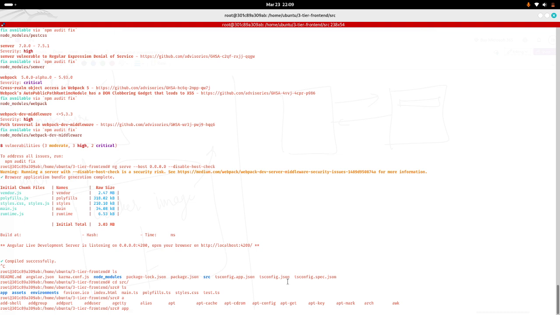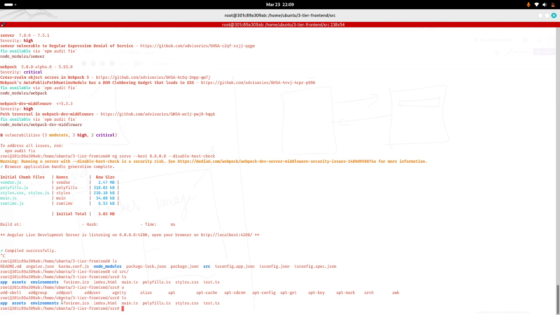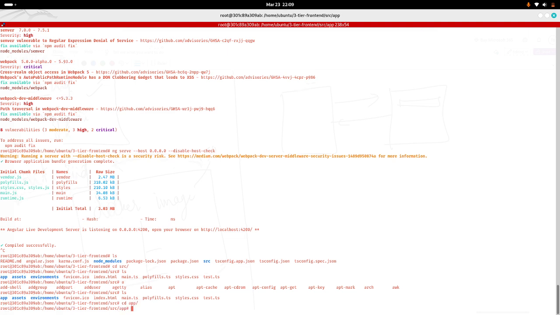Okay, now the thing is that we need to go to app itself. Do we have app here? ls, we do have app, right? cd app. In app we need to get inside